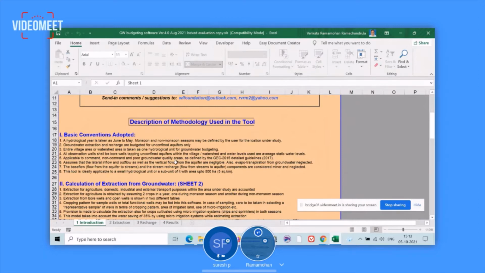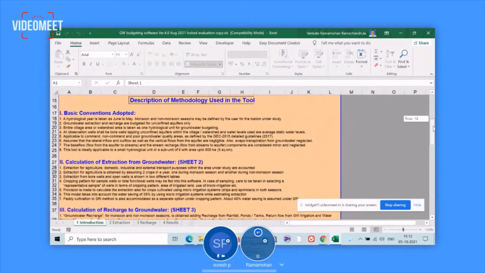As we discussed in the basics, the unconfined aquifers receive recharge from the rainfall directly, and then they are replenished by the various components of recharge. Unlike confined aquifers, which are much more expansive, they are spread out on much larger areas. They receive recharge from somewhere else, and there is a huge amount of water flowing in the confined aquifers. And so this methodology doesn't apply to confined aquifers. Whatever we are doing is for unconfined aquifers only. So, like that, it has listed out the major conventions and assumptions.